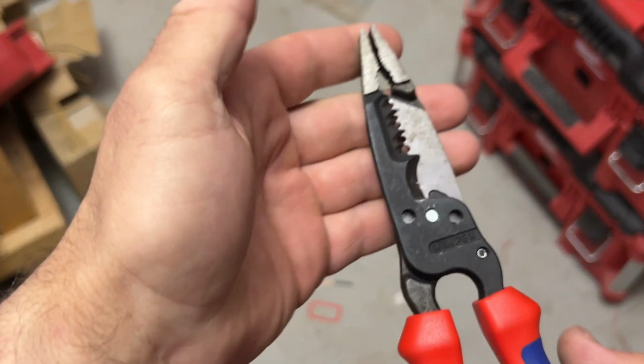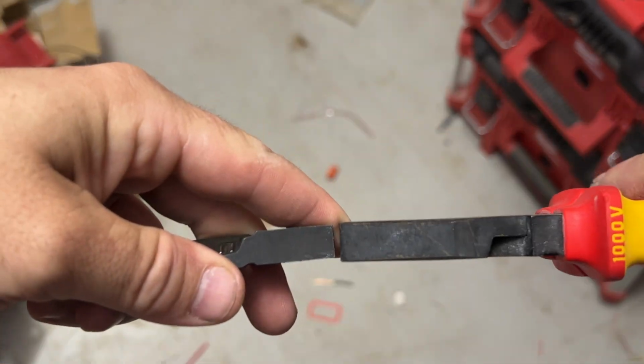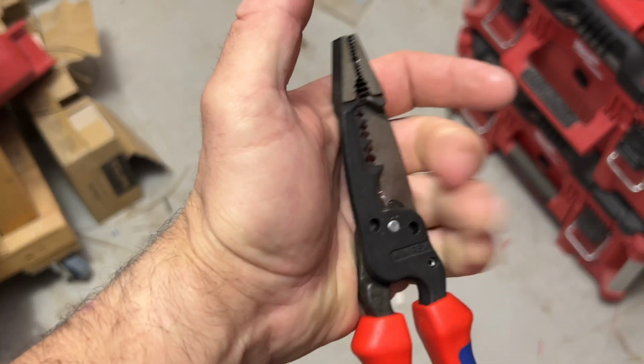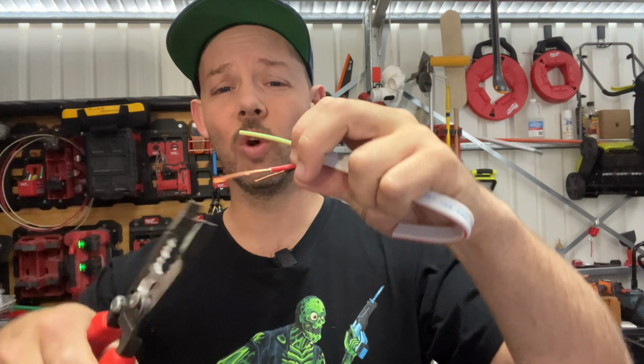So one of the bigger changes that I do like with these pliers compared to some of the older models is the wider head. As you can see, it's fairly close to your normal pair of pliers. These ones run at about 10 millimeters, where the other ones are around 13. So whether you're trying to grab cables with the end, you're trying to grab fish tape,